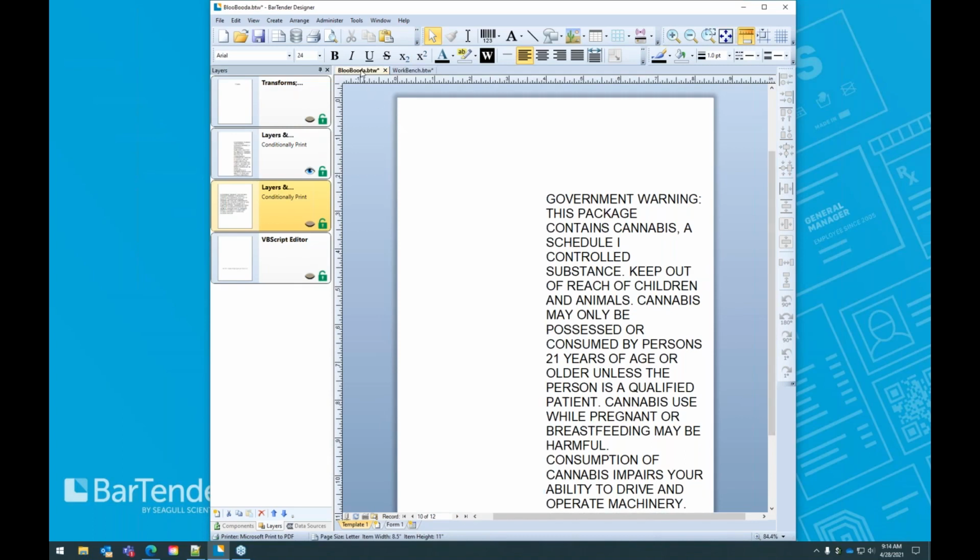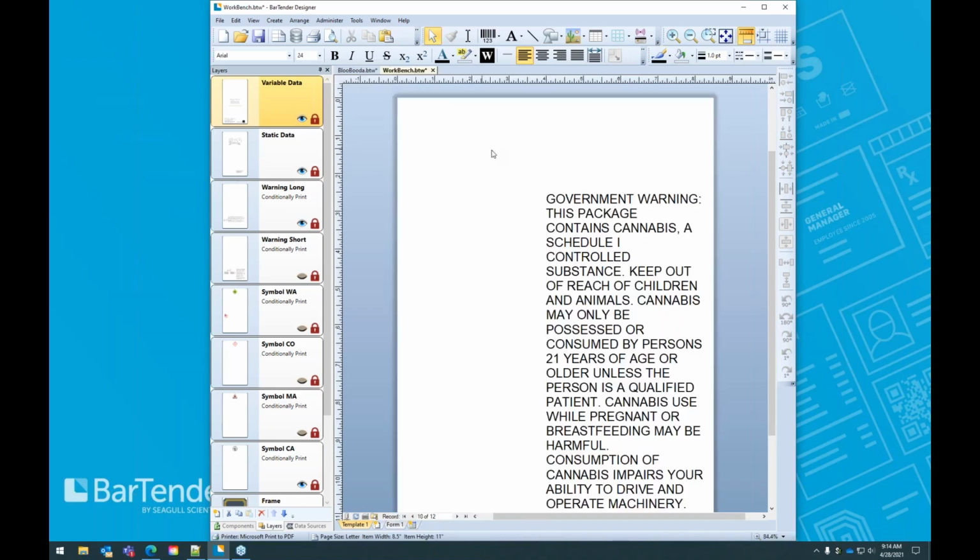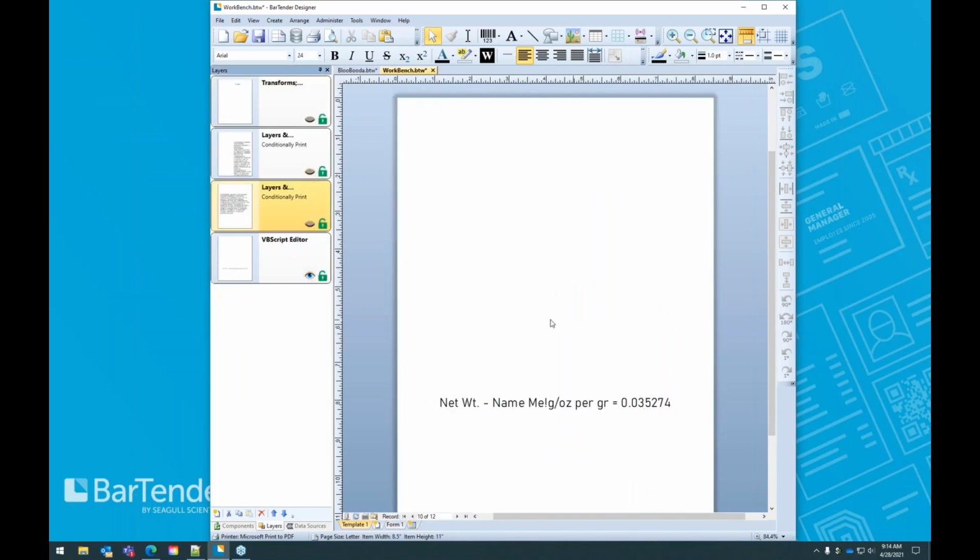One of the other things that we can do here is we can get data that doesn't exist in your database. For example, our net weight in grams and ounces can be produced without actually having that information already in the database. We have information in the database that gives us the ability to make that data exist. Let me explain. If we go to our workbench, turn these off, and open up, we're going to use our VBScript editor. VBScript is just that. It is a script language. VB stands for Visual Basic. It's a little bit of an older